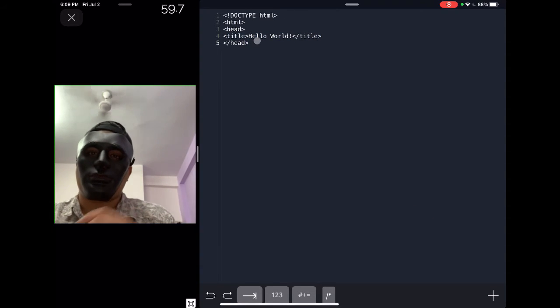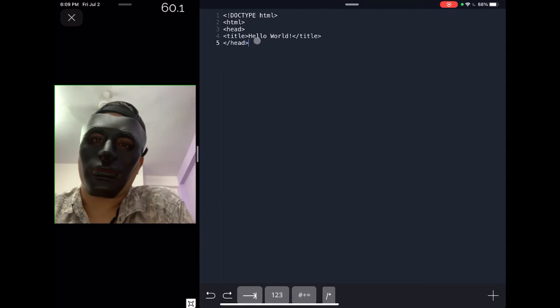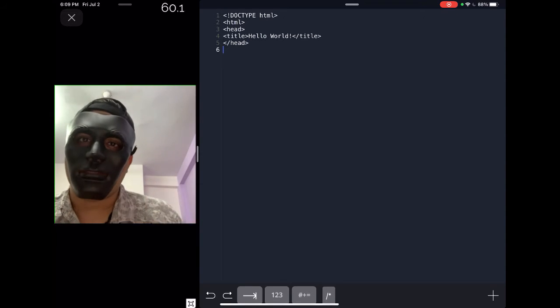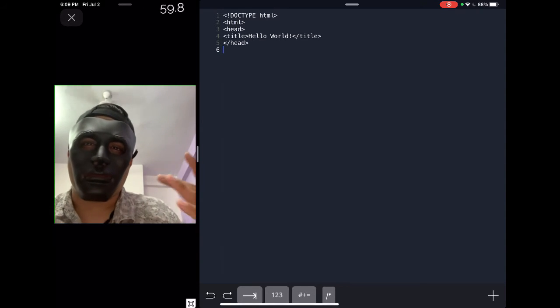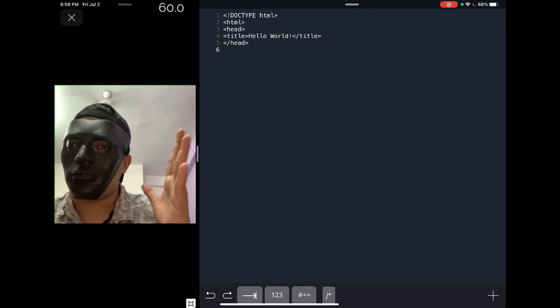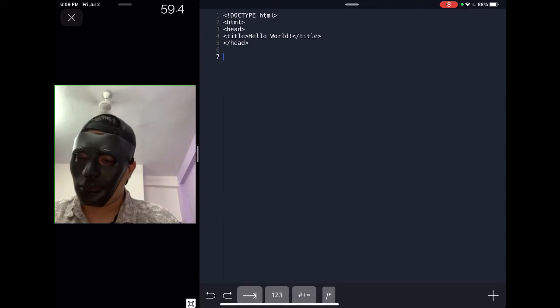Now HTML is closed at the end. For those who are wondering why we have not closed HTML as of now, we'll be closing it at the end of the document. Now moving further, since we have covered head, we can connect it with a human body. Like the human body has a head and a body. So body is basically the main frame where everything is stored.